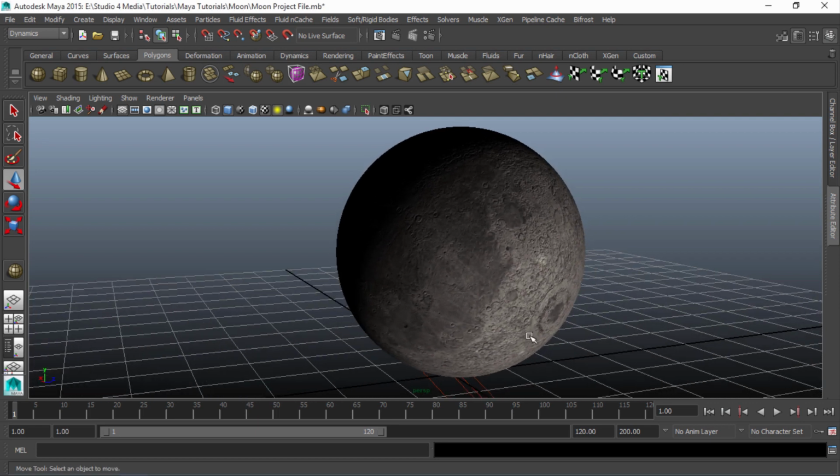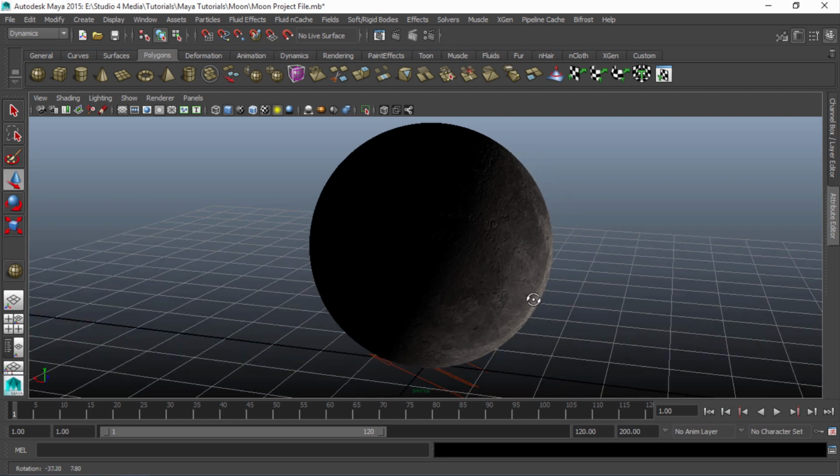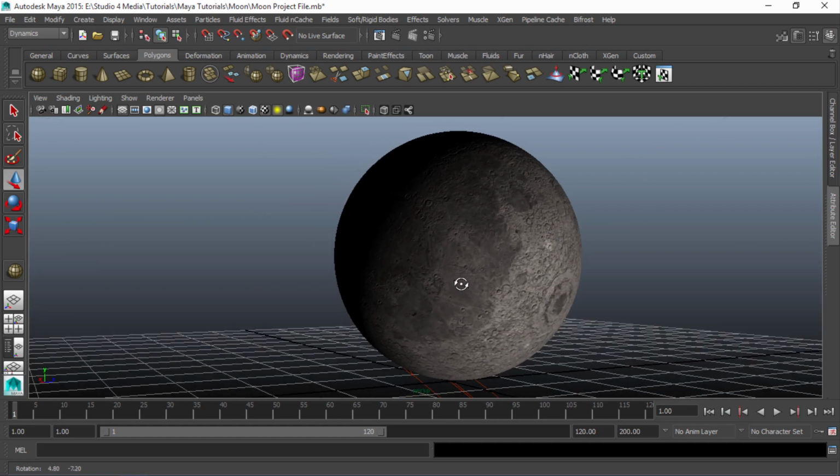And this tutorial is similar to the one we did with the Earth, where we create a realistic Earth, except this is more of a beginner tutorial. The one where we created the Earth is an intermediate to advanced tutorial. So if you're newer to Maya, check out this tutorial first, and then go look at that Earth tutorial if it was kind of harder to follow along with. This one should give you some more basics of what we're doing before you go into that one. So you can see here we have our moon, and it looks pretty good,